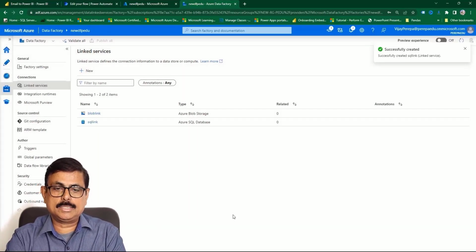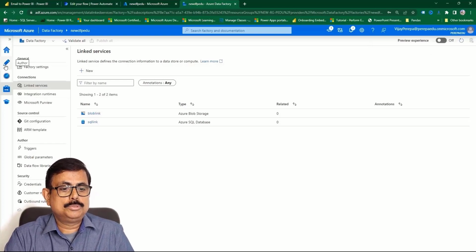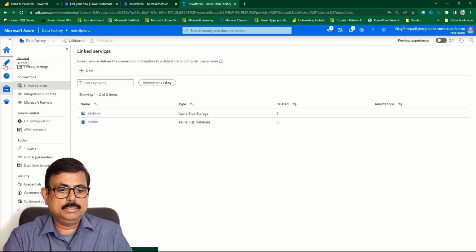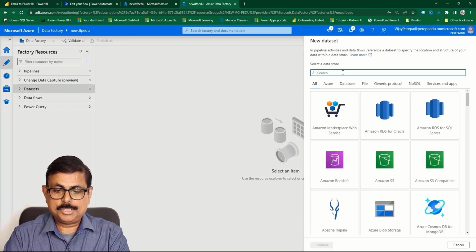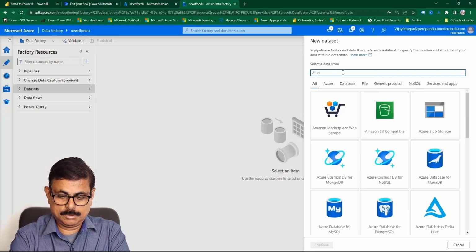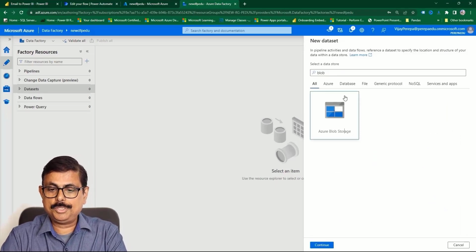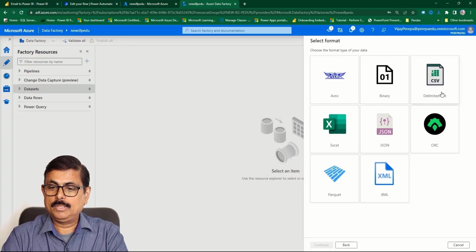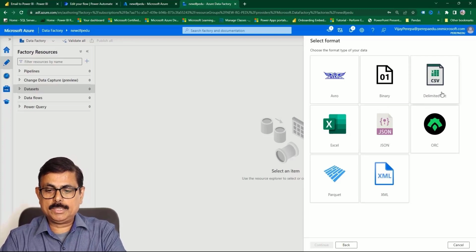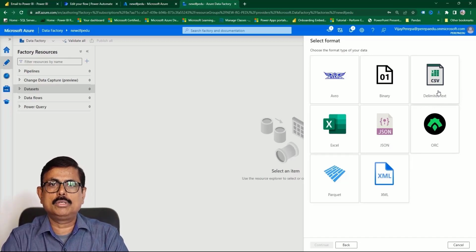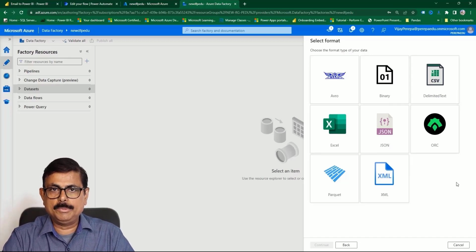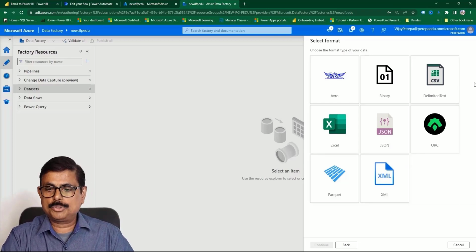Now I need to create the data set. For that I need to go to author, the pencil icon, and then create a data set. First data set will be blob data set. The blob storage, continue. I need to use only CSV files because there is a specific type here. So whatever files are coming should be CSV. You can use Excel as well, but I am comfortable with CSV because CSV can hold a lot of data. Excel has a limitation of 1 million rows. So I select CSV,